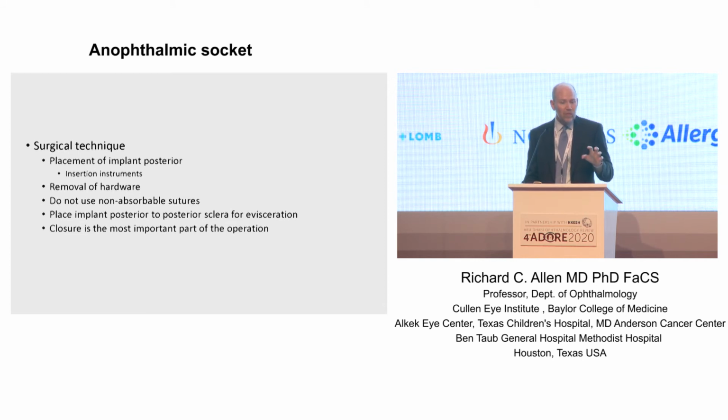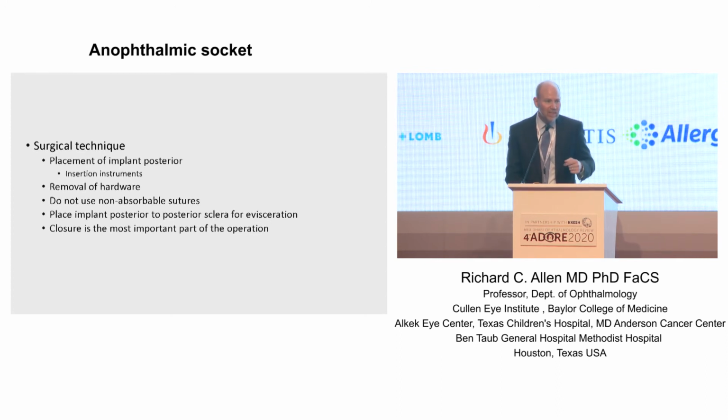What do we do to try to prevent this? Well, we place that implant relatively posterior. We want to make sure that we remove any previous hardware, especially if it's an evisceration. We want to make sure that the scleral buckle is out, any glaucoma drainage implants are out. We don't want to leave those in the socket if we're removing the eye. I don't place non-absorbable sutures. I think that those cause problems. And I do place implants posterior to the posterior sclera for an evisceration. And I always remind my trainees that the closure is almost the most important part of the operation, in the sense that that's when you have your chance to prevent